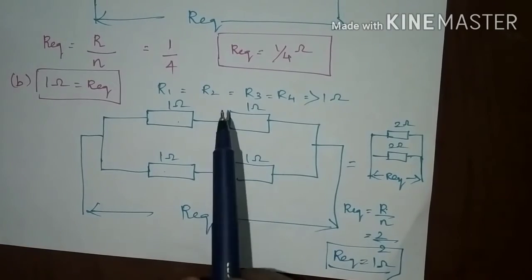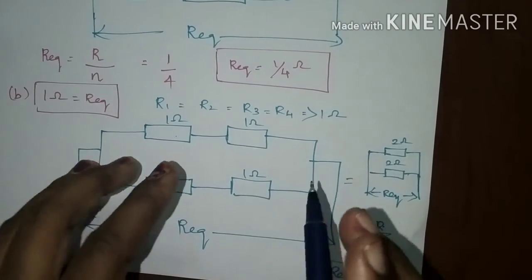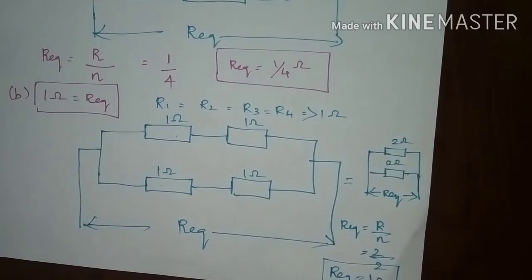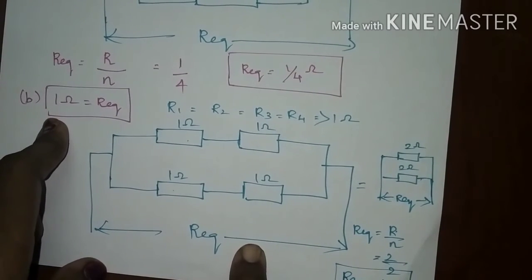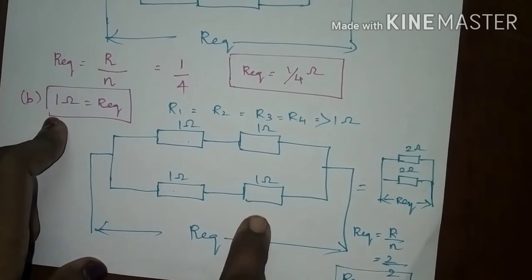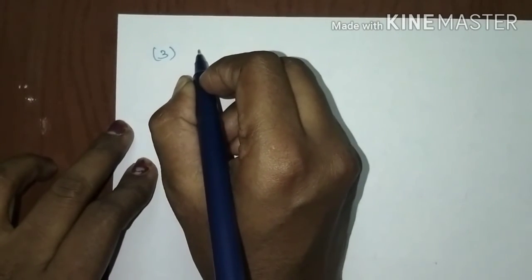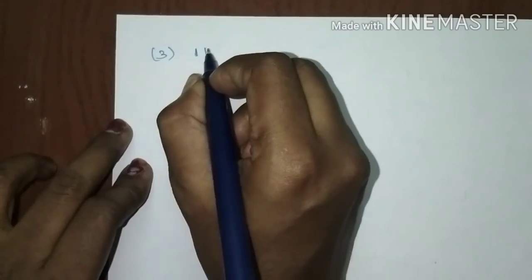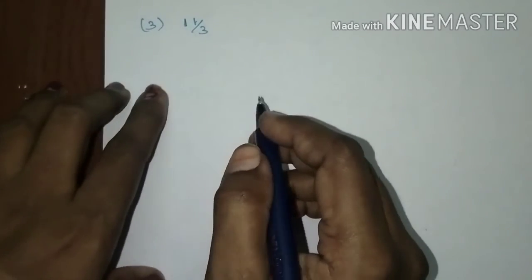For this case, if you connect 2 resistance in series, we will get 2 ohms. So we have to divide that 2 to get 1 ohm equivalent resistance. So for division, we have to connect a parallel network again with the same case. So by using this connection, we can get the R equivalent of 1 ohm. And in third case, we need the resistance of 1 by 3, right? Resistance in third case is 1 by 3.